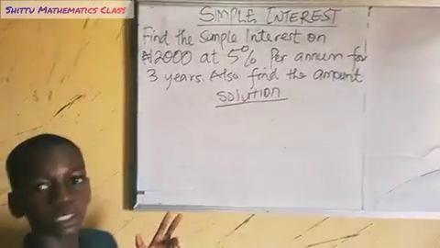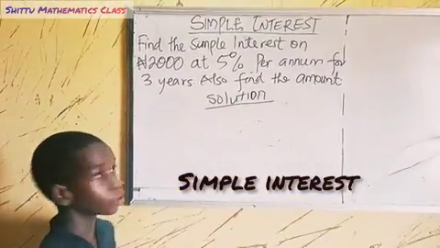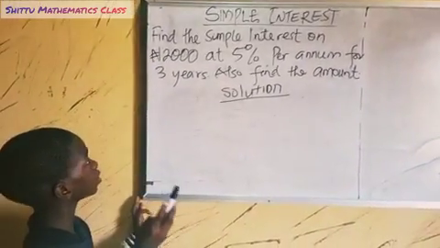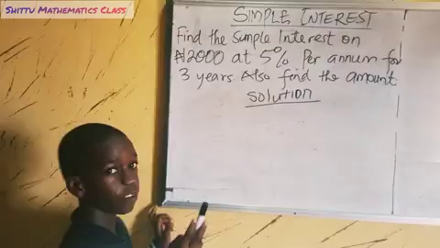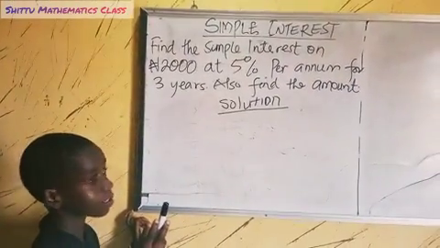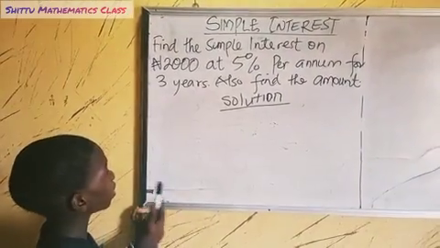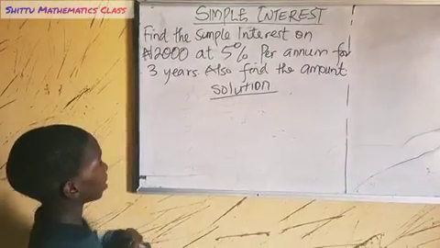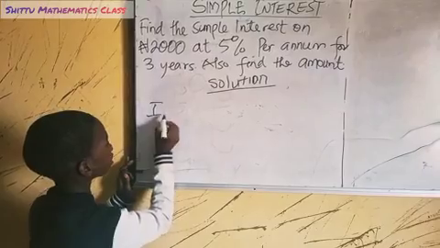So today we are going to be talking about simple interest. As you can see, there's a question on the board stating: find the simple interest on 2,000 naira at 5% per annum for 3 years. Also find the amount. So the formula for finding simple interest is interest equal to